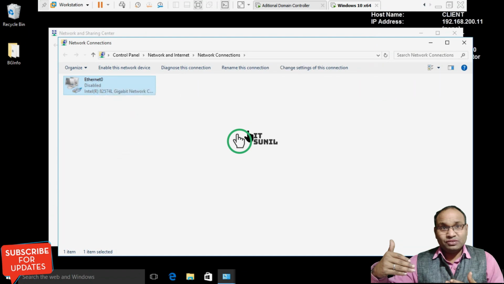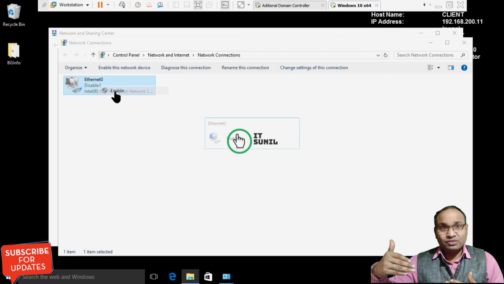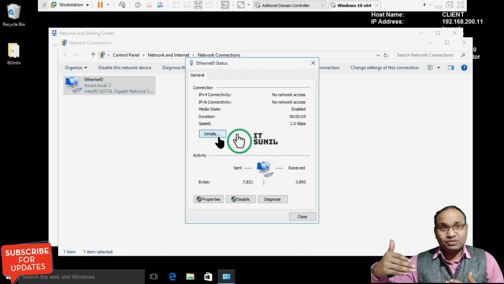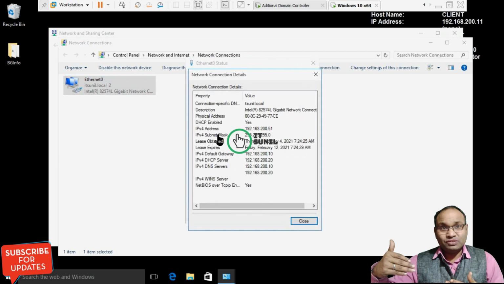As I've shut down my primary DHCP server, now the secondary DHCP server will provide the IP address to the client. Let's check. Now you can see here, my DHCP server address is 192.168.200.20.